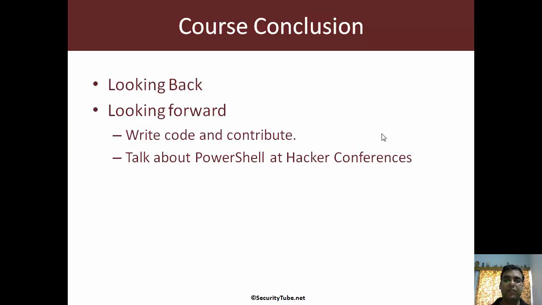We started from the very basics of the language, looked at the syntax, the commands, the commandlets, the functions, variables, conditional statements, loops, operators, arrays, advanced scripts, advanced functions as the language essentials. Then we moved on to modules,